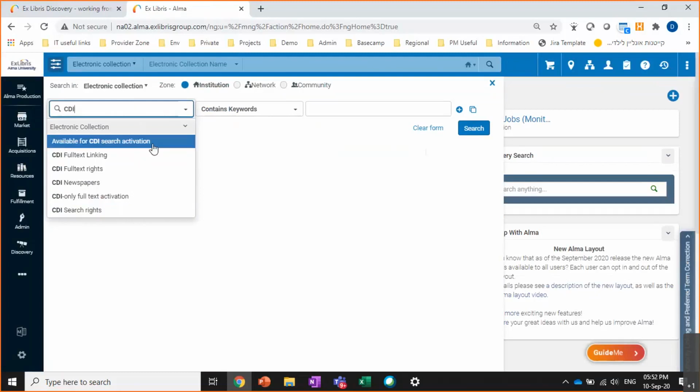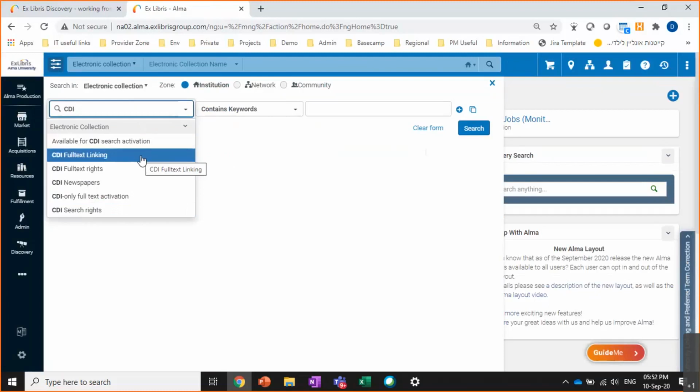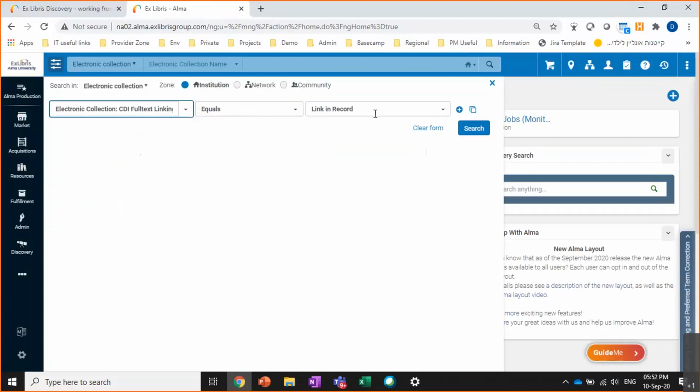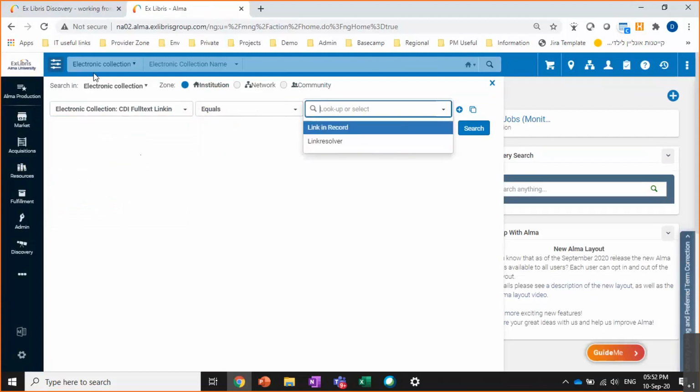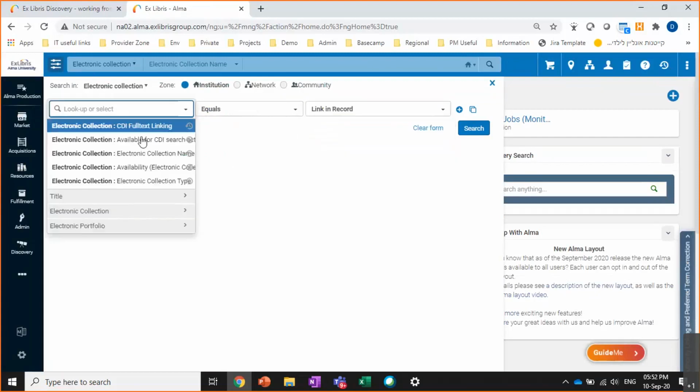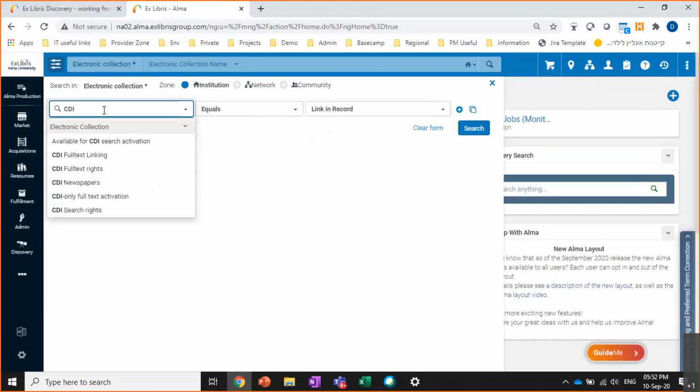We have additional attributes. We have the CDI full text linking attribute, which we talked about. It has the options of linking record or link resolver. We have CDI full text rights. It's an attribute that really defines how CDI determines whether you have the available online.